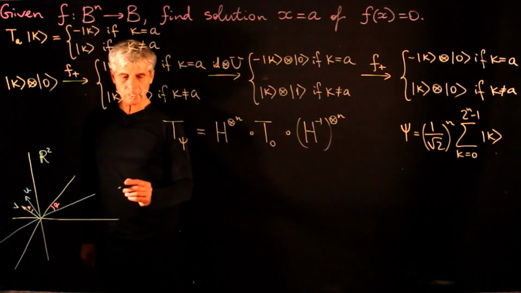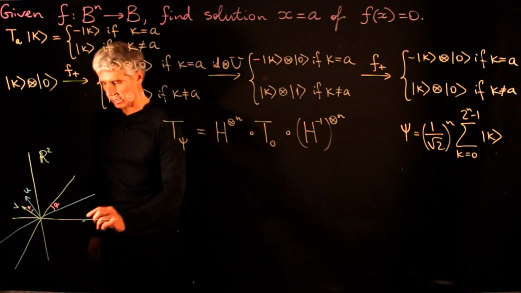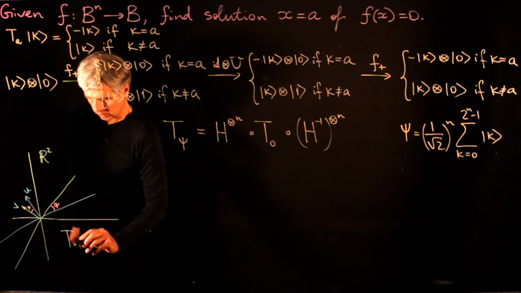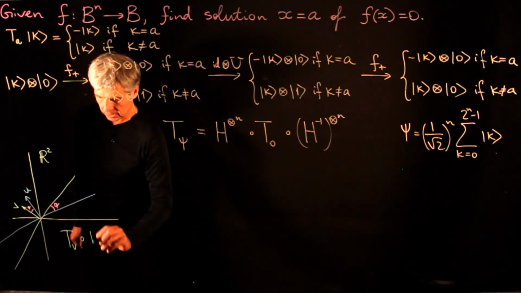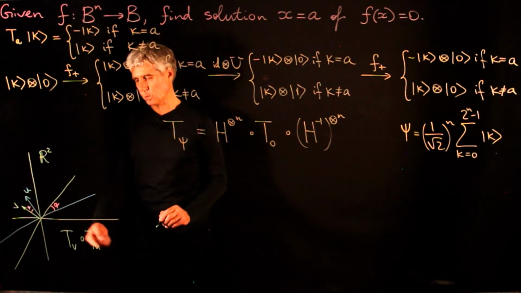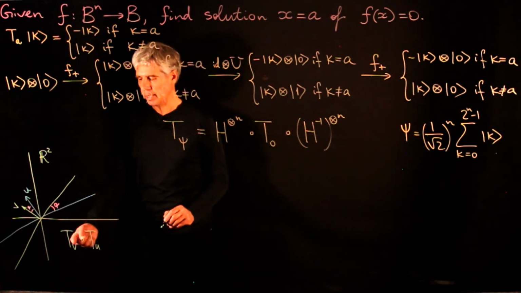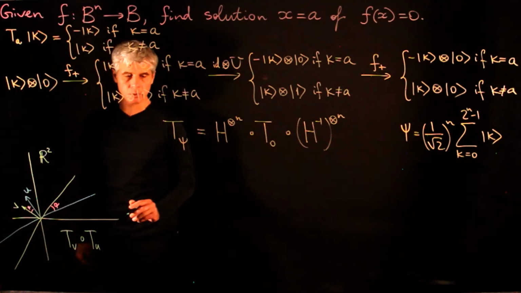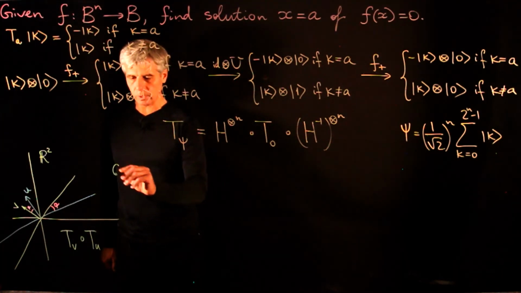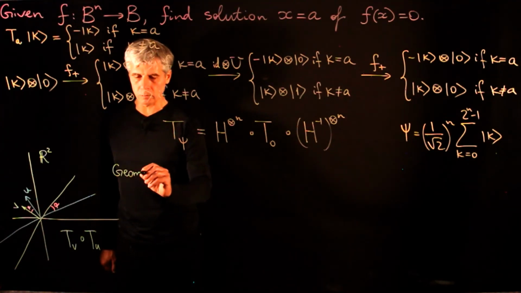And what we need to do is understand what is the composition of these two reflections. So what is the composition of T_v with T_u? And so first we apply reflection with respect to u, and then we have reflection with respect to a vector v. And so here we have the following fact from geometry,